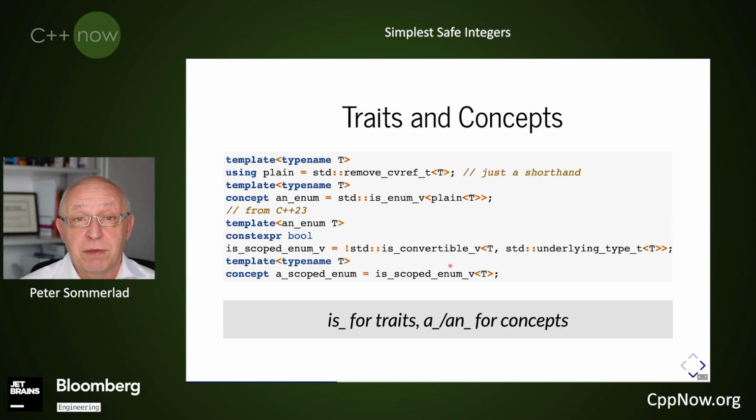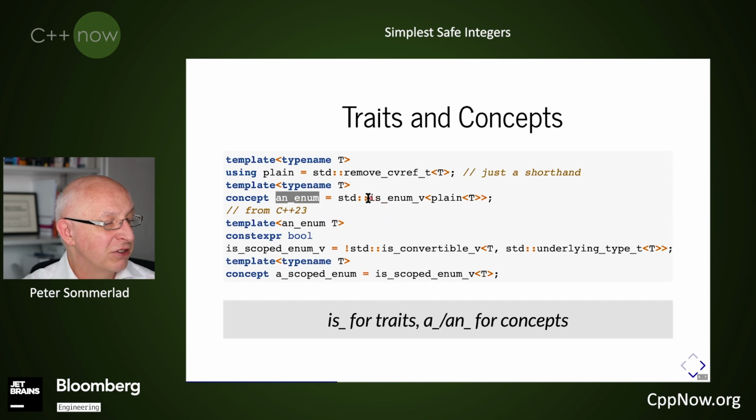Now, some traits to be able to actually have good conversion functions. One is I just defined a shorthand for remove CVREF T because that's quite a long trait. And if you use it several times in a single statement or expression or declaration, it's really annoying to have it there. And the code would no longer fit on the slides, even on widescreen.